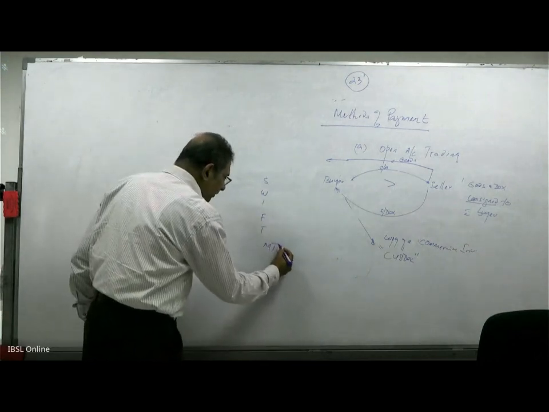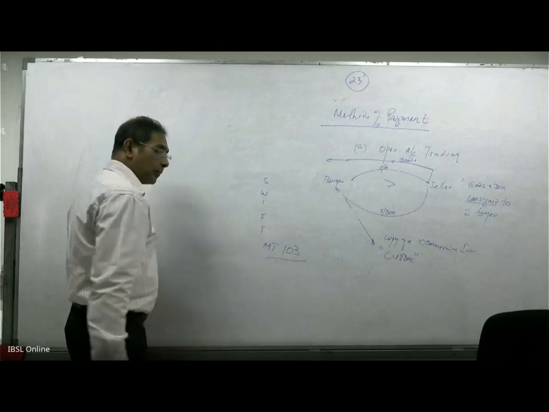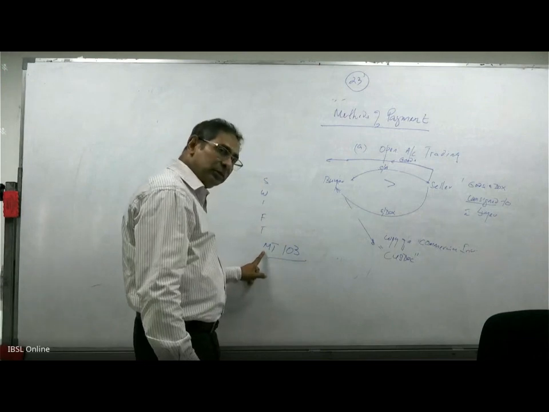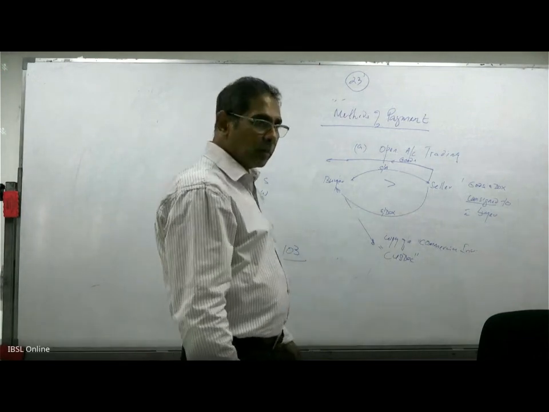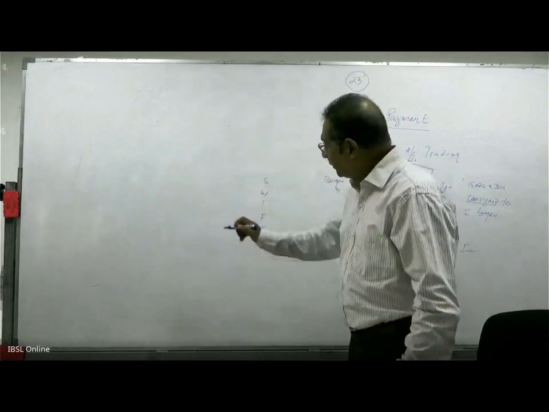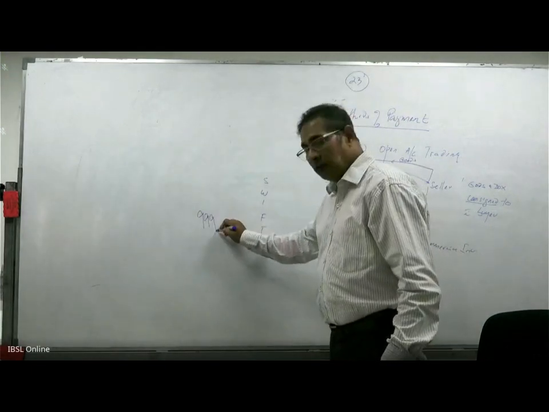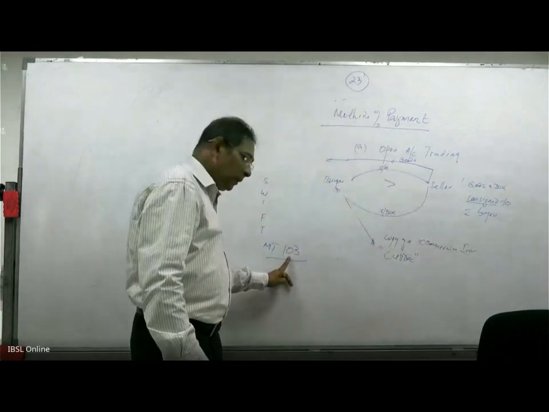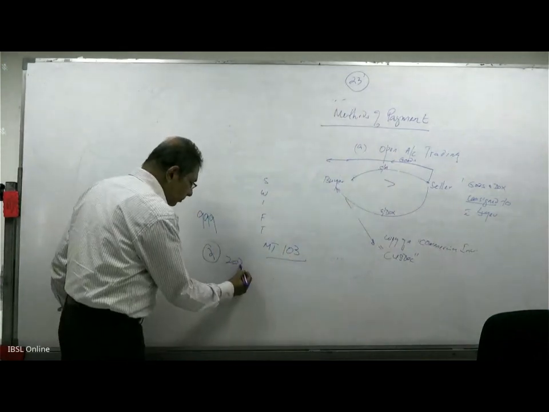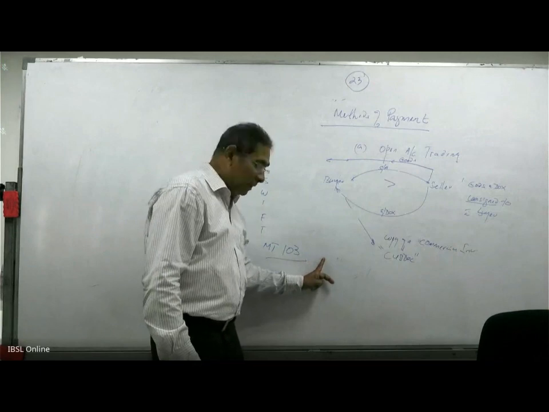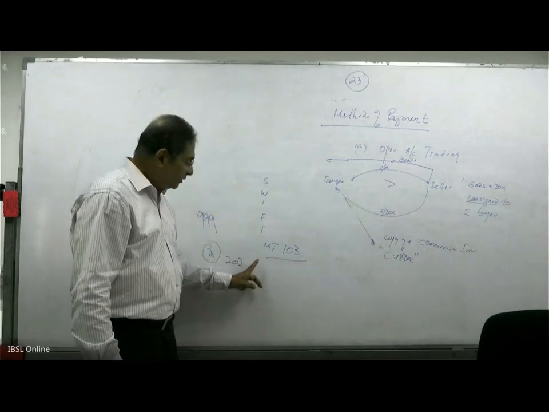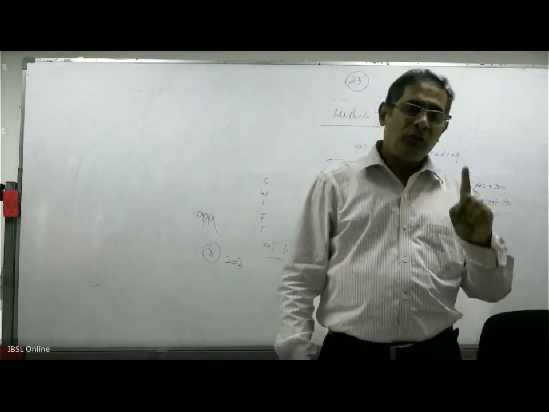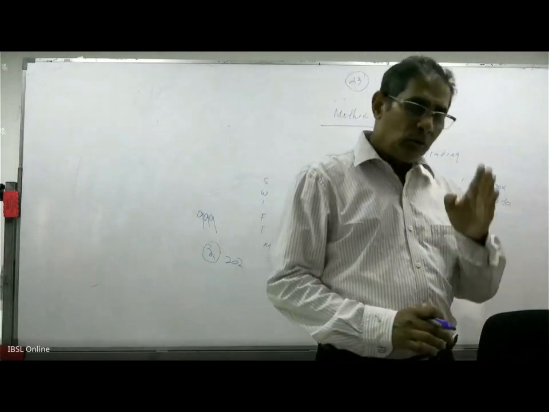The format is MT103. MT stands for message type, 103. In SWIFT, you have 999 formats, out of which there are only two payment orders, 103 and 202. 103 denotes a customer transfer, 202 is a financial institution transfer. You cannot use 202 for open account trading. It's only a 103.